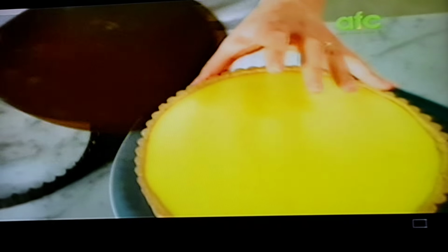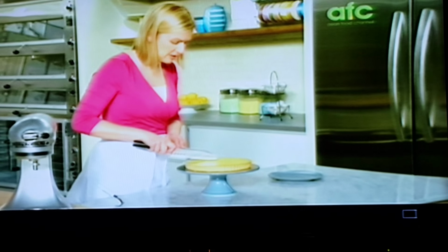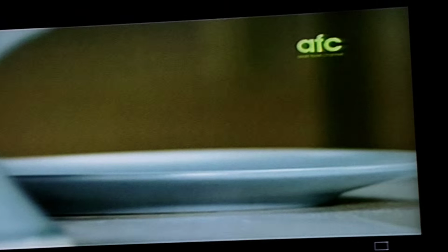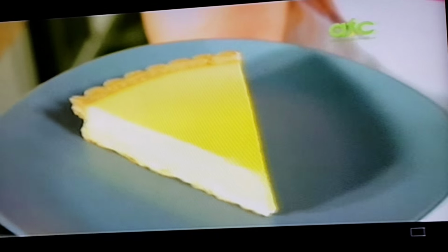And you can see how easily the sock-like crust releases from the shell. You get that sense of the crunch, that sandiness in the tart shell. And I find a lemon tart like this is perfect after a rich meal. Look at that beautiful curd, creamy and rich. So now